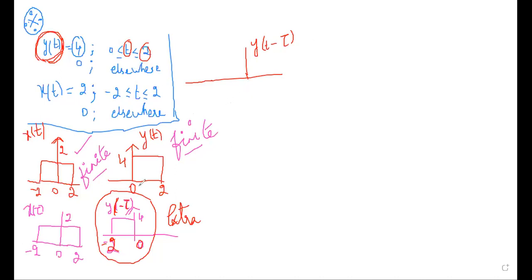So t minus tau. What is the difference between minus tau and t minus tau? I have added t to minus tau so that I am getting t minus tau. So in the earlier diagram it was just minus tau. If I add t here, I will get t minus tau. If I apply that concept, my x-axis values will now change. So my x-axis value is now not at the origin, it is 0 plus t.